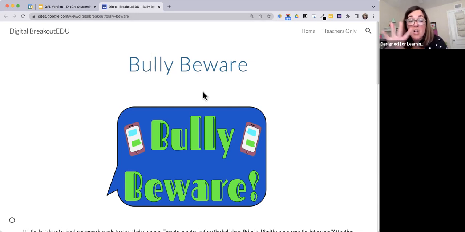If you want to make a copy of it and make it your own, you can book a time with me and I will happily walk you through that. I can't just give you access to all of it, because then you could accidentally change what other people use, because it is a public site. But I'm happy to show you the back end and make copies and help you set it up for your own use. I've done that before and it's super fun.